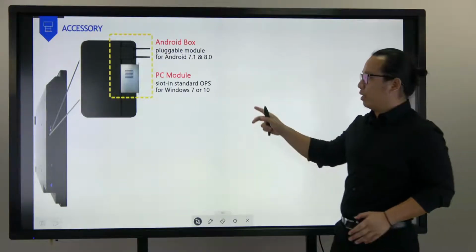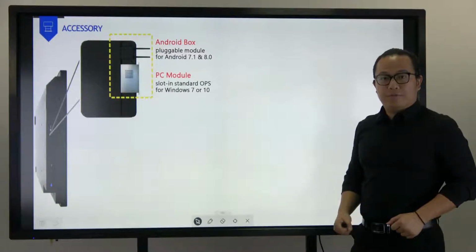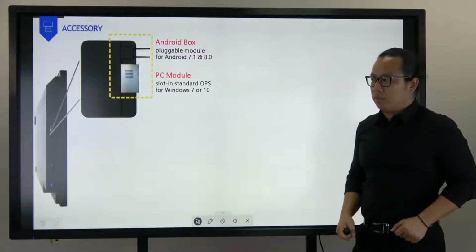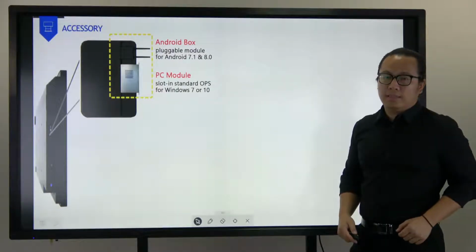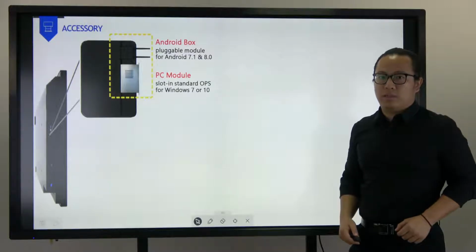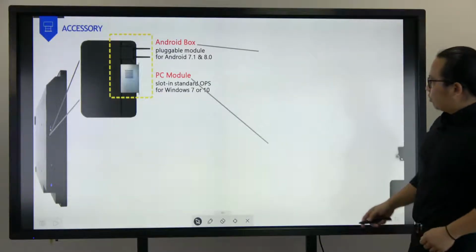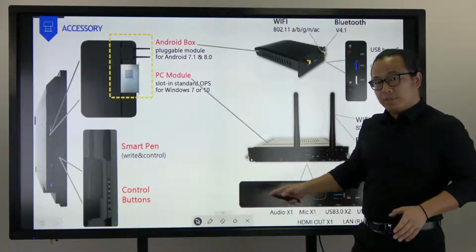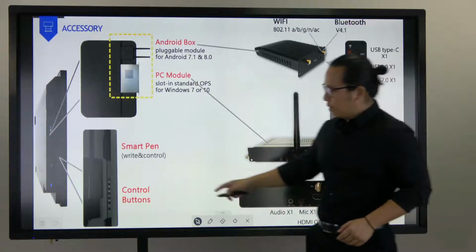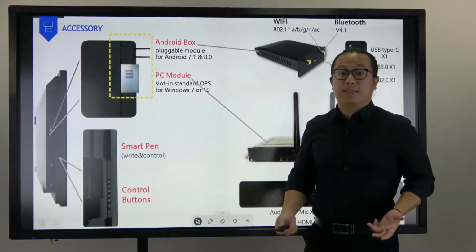For the PC model, which is a standard OPS, it comes with Windows system, and has Intel i5 or i7 CPU with 4 GB or 16 GB DDR4 memory, and 128 GB storage with the SSD drive. Also, there are some extra ports in this box you can have here. And on the side of this panel, you can find some control buttons here, including the power button, menu,